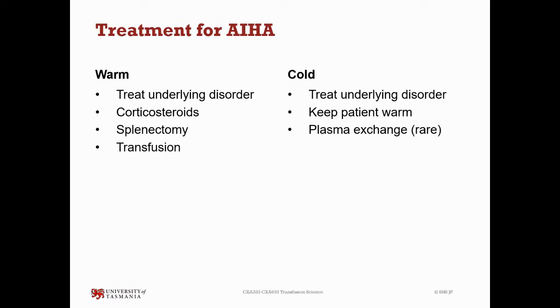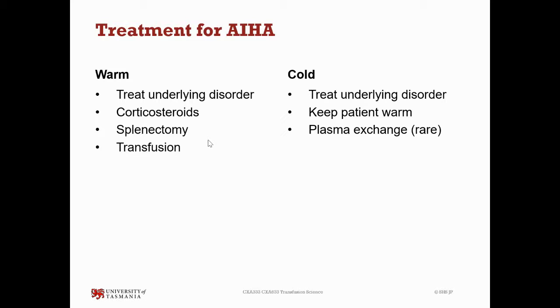So the treatment in both is treating the underlying disorder if the cause is secondary. Treating the underlying disorder tends to reduce or remove the autoantibody. Of course, if it's drug-induced, remove the drug. Corticosteroids help to dampen the immune system, and splenectomy will assist if warm autoimmune hemolytic anemia is